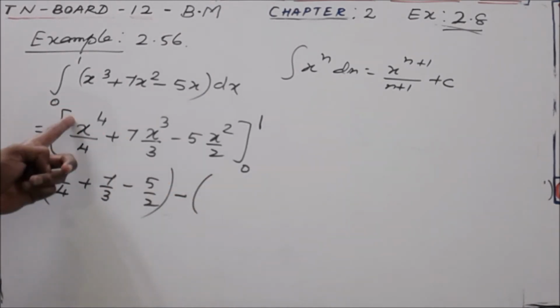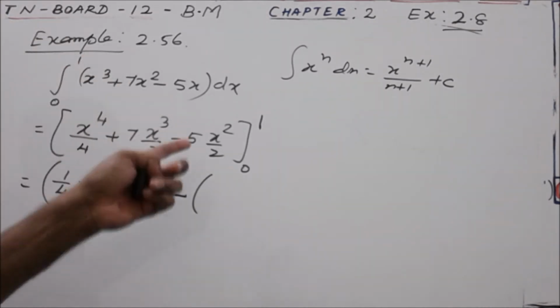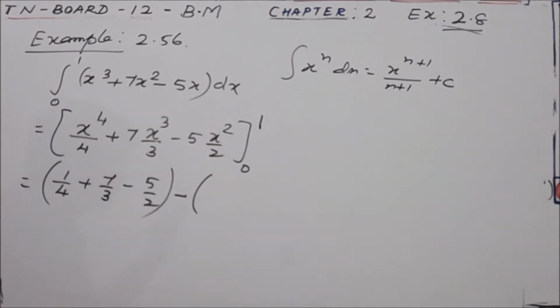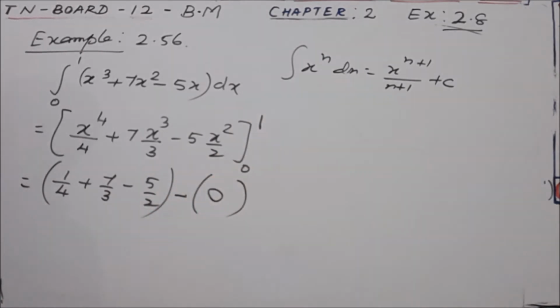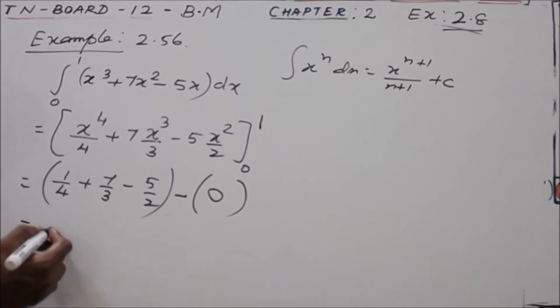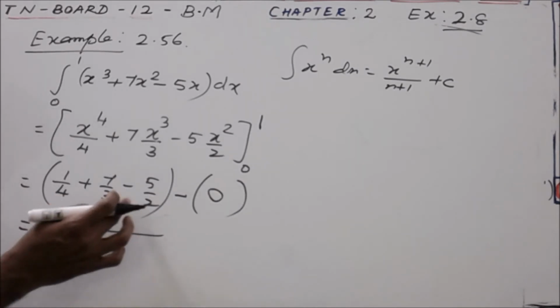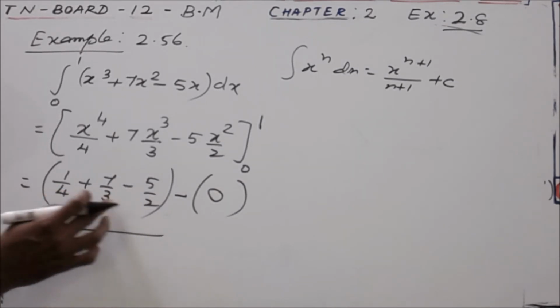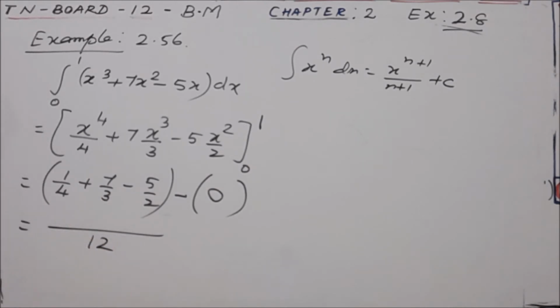Now substituting x is equal to 0: 0 power 4 is 0, then 7 into 0 power 3, 0, minus 5 into 0 power 2, 0. The total value for the lower limit is 0. Now we can simplify these values taking LCM. Here we have 4, 3, 2, so 12 is the LCM. By taking 12 as LCM,